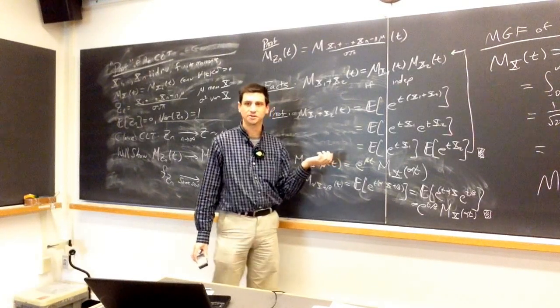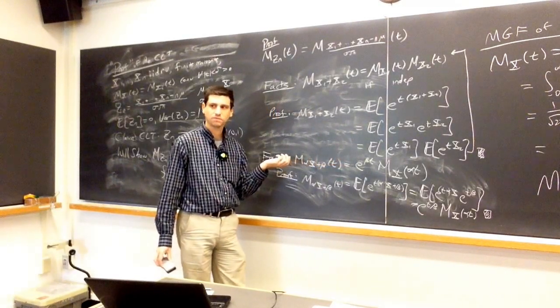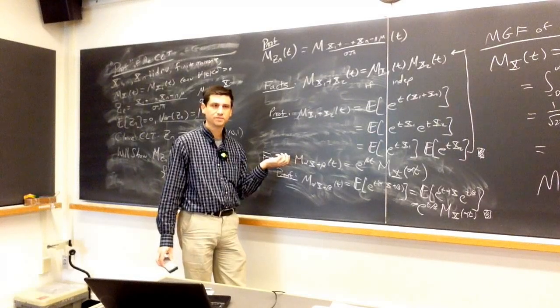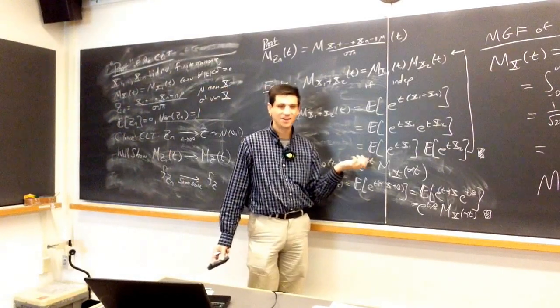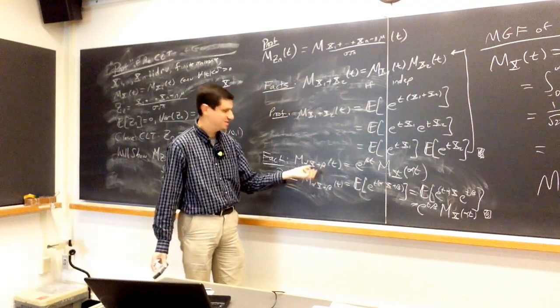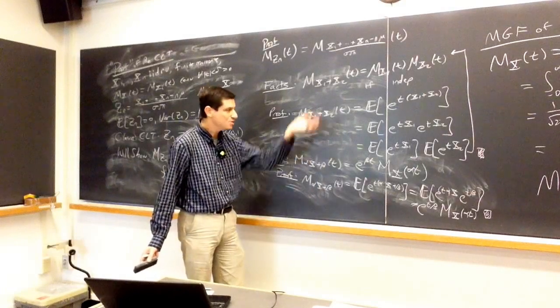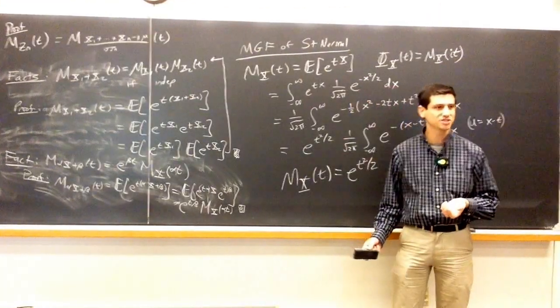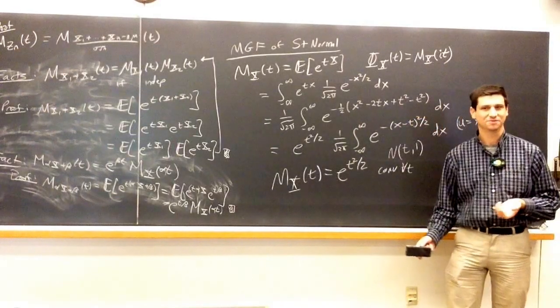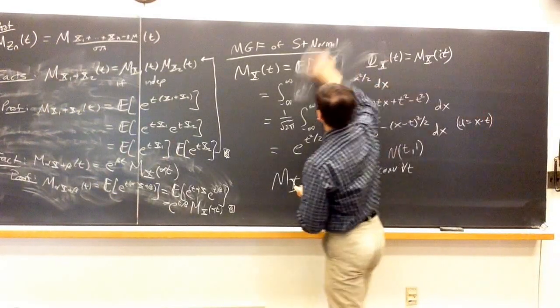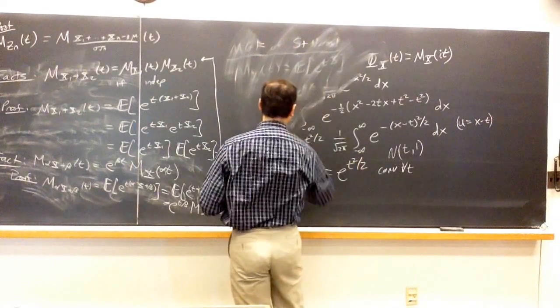Yeah, all we do is replace every t with an it. No difference. The proofs are all the same. So if you want to work with characteristic functions and actually have objects that exist, not a problem. Okay. So now we can start proving